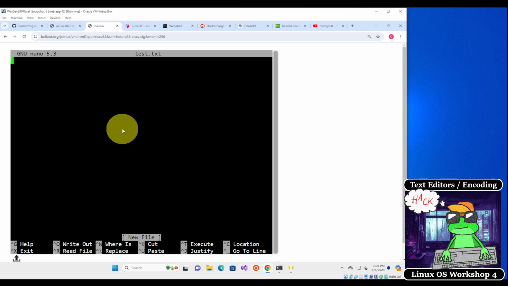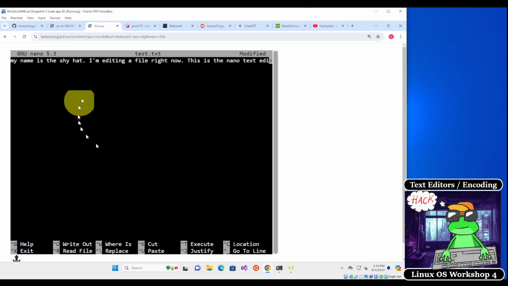Basically, inside of the text editor you can type whatever you want. For instance, we could type my name is the Shy Hat. Keep in mind that you don't need to type what I'm typing. You can type whatever you want. So I'm editing a file right now. This is the Nano text editor. Whenever we're finished typing whatever we want to type inside the file,